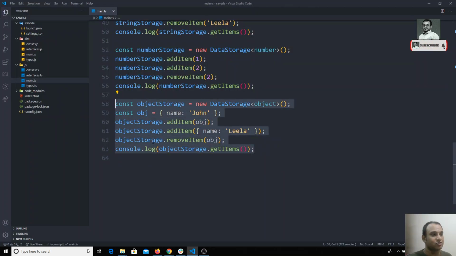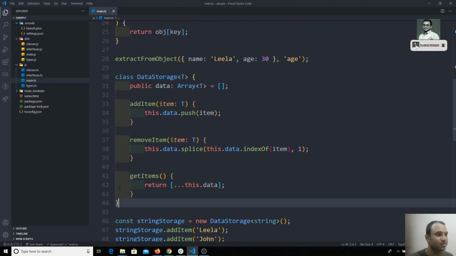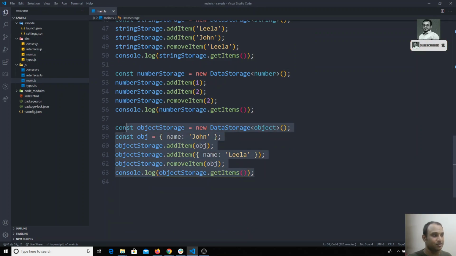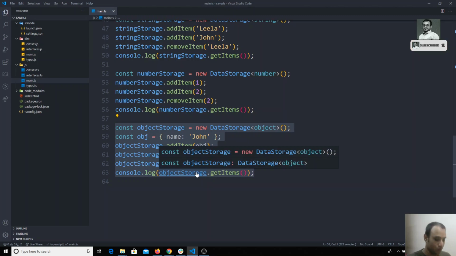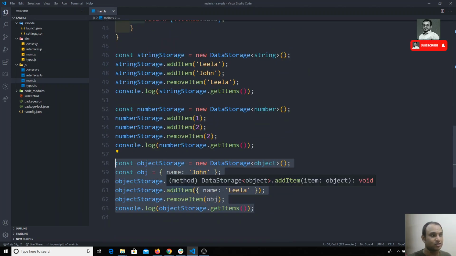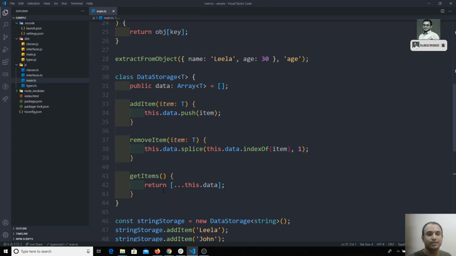And this type of thing, for example, if you want this data storage, this doesn't come under the data storage thing. This is the object's default functionality. So this class object has some complications. I don't want this data storage to work for reference types. I want this data class to work only for string or number or boolean or something like primitive types only, which means you can write your extend functionality.